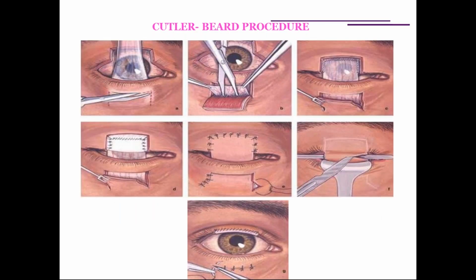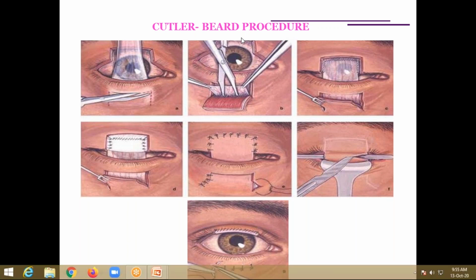Now this is an example of reconstruction. You can see the upper lid tumor has been excised, and the skin from the lower lid is cut in toto. Full incision is given, and the skin is pulled. The tarsal plate and the conjunctiva are pulled and attached layer by layer to the upper lid. After some time, this upper lid heals. When the upper lid heals after 1 to 2 months, then you just excise that, and the remaining tissue you just suture, and then you get this final outcome, like you're borrowing the tissue from the lower lid and filling the defect in the upper lid.